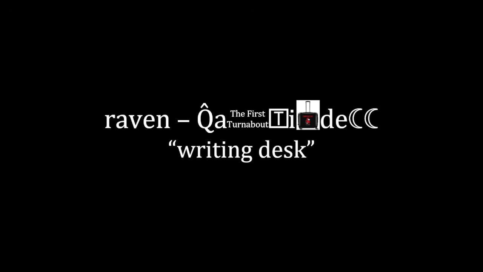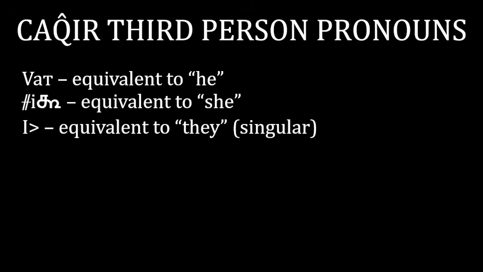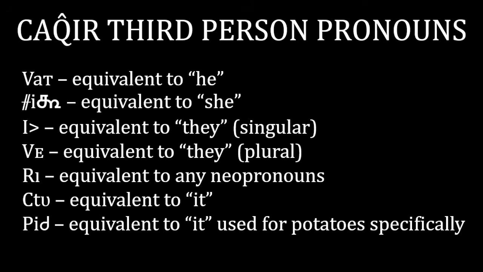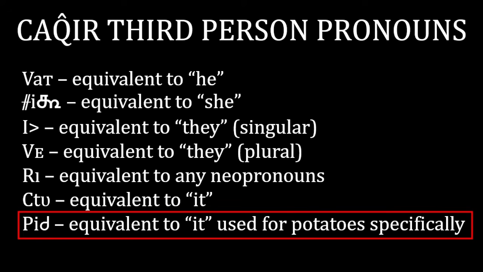The word for raven is writing desk, derived from English writing desk. Okay, now this is just ridiculous. How is a raven similar to a writing desk? No, seriously, why is a raven like a writing desk? Kaher has 7 standard third-person pronouns, all derived from one phrase. Vakil is very stupid. And yes, you can use it in an insulting manner, which is probably offensive to potatoes, but hey, who cares about the potatoes anyway?